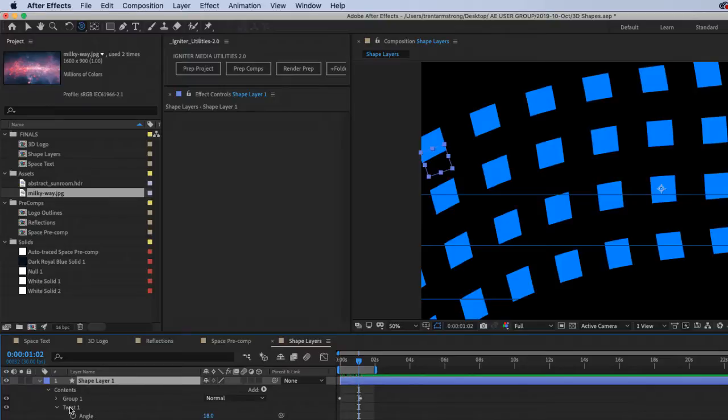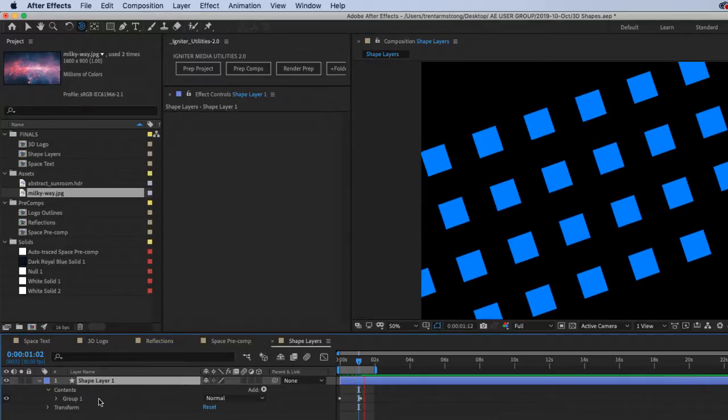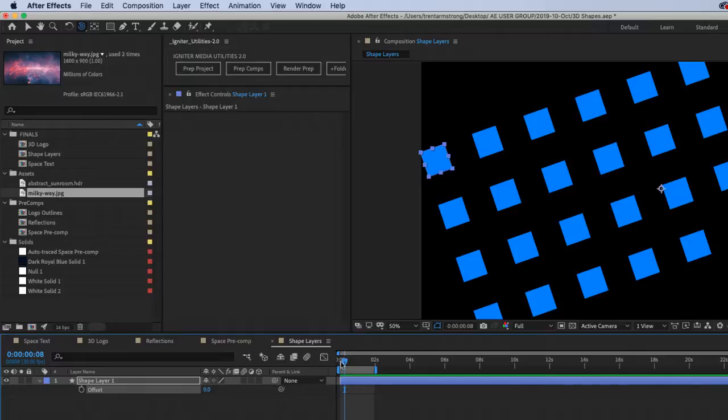All right, so I'm going to get rid of the twist and show you what this does. I don't know exactly why the twist is having problems. I'm going to get rid of that offset there, and we'll do our math again with 1 and 1 divided by 1 times time.